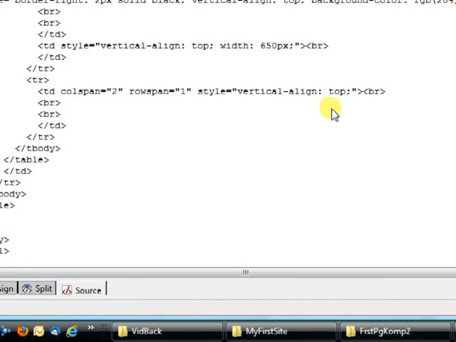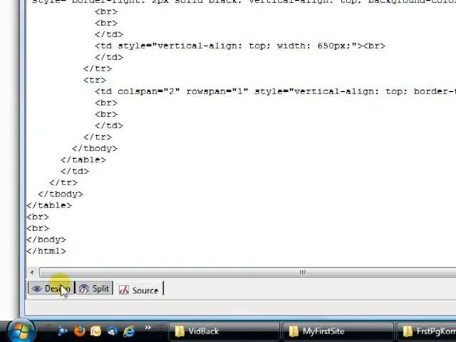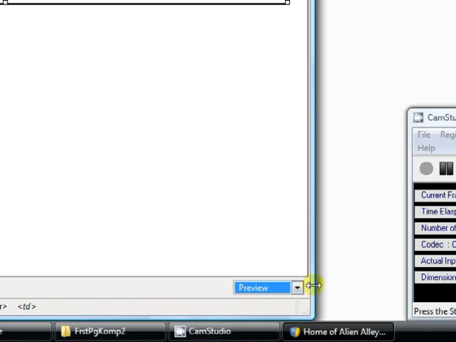And let's go into, after the semicolon but before the quotes, and let's give it a space and put border dash top, and let's make that 2px, and then a space, solid black, and give us a semicolon. And let's take a look at that. And now in preview,